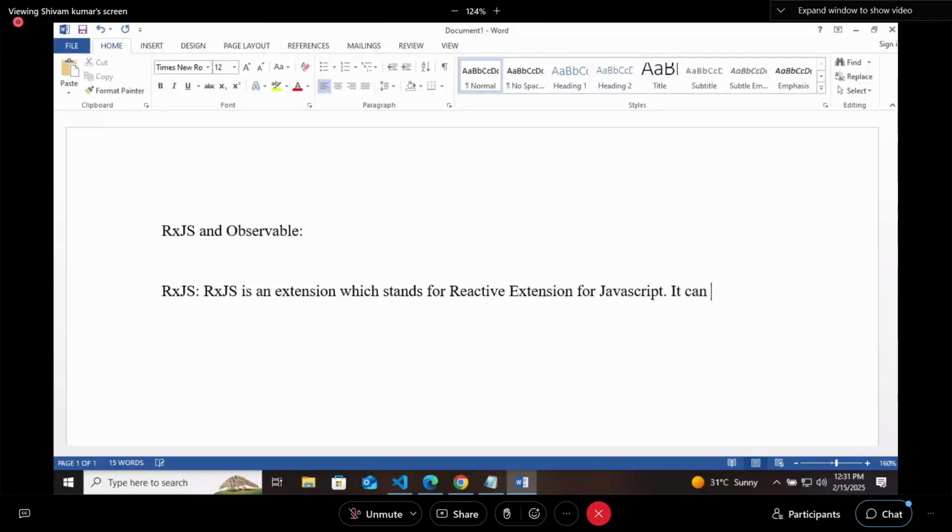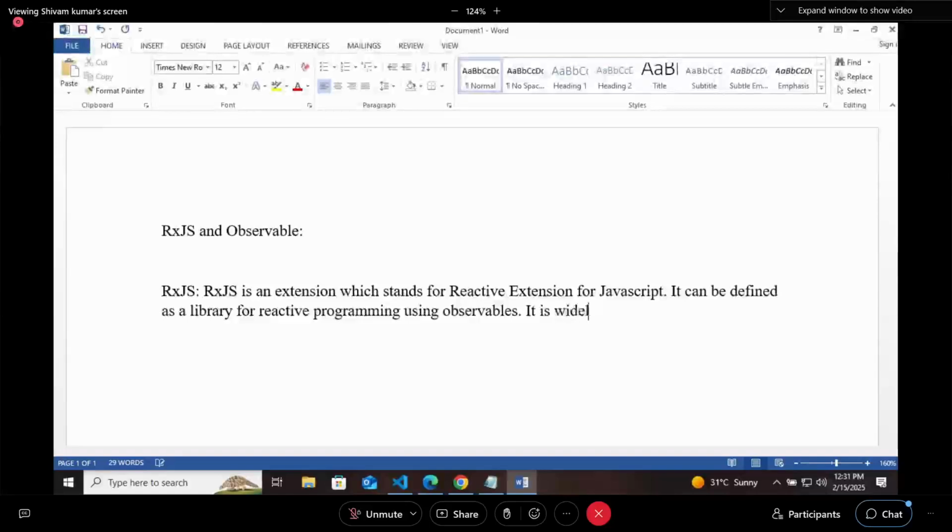It can be defined as a library for reactive programming. If you want to do any reactive programming, then you can do that using observable.